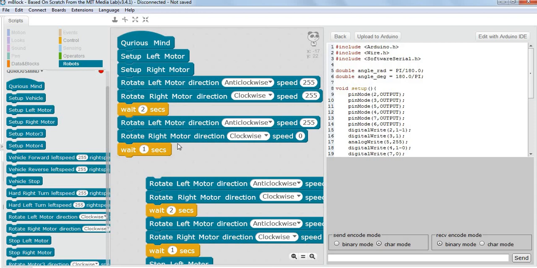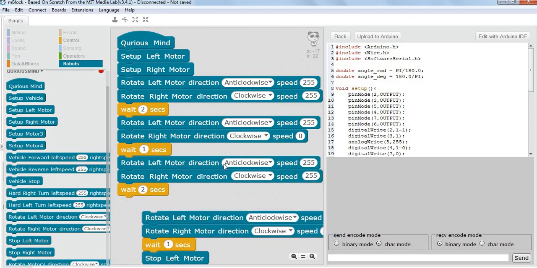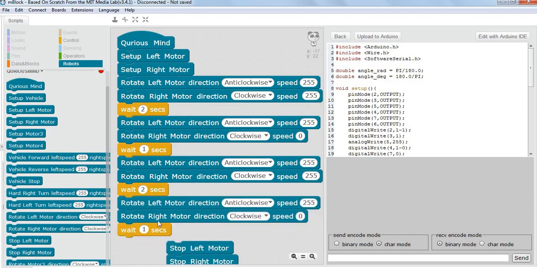We need to run this program and see how much it rotates. If it is rotating less than 180 degrees, we need to increase this wait time. If it is rotating more than 180 degrees, we need to reduce this. Then we are moving forward, so from B to A. And when we reach A, we need to again take a 180-degree turn. And then finally, we stop.